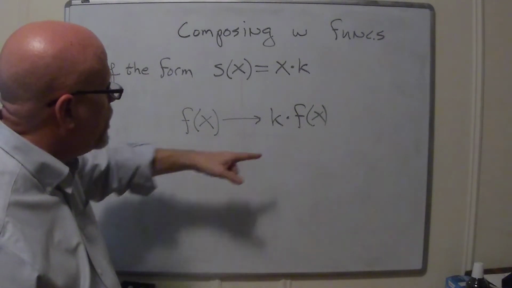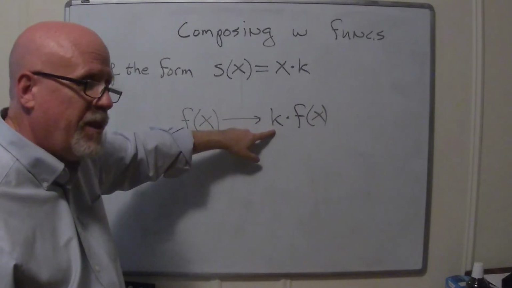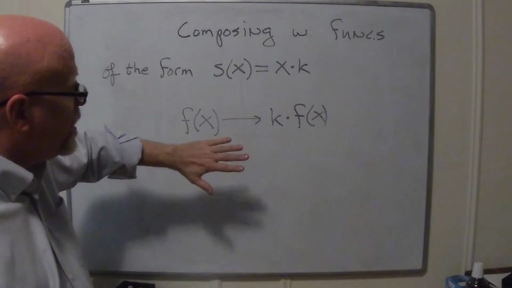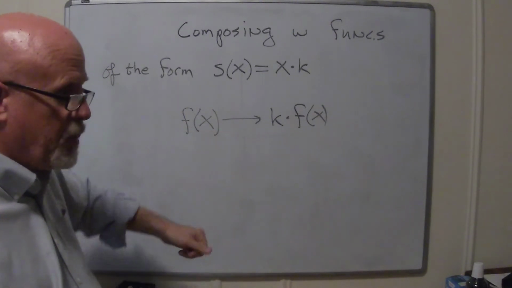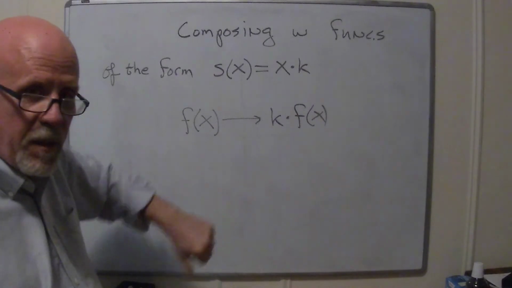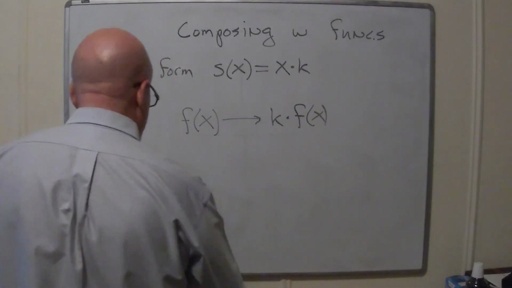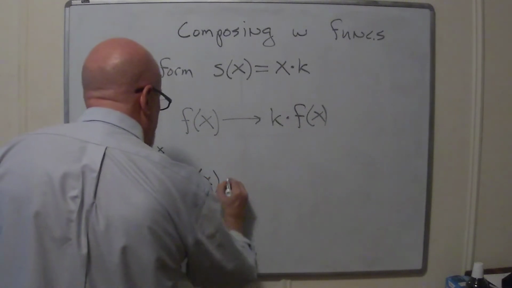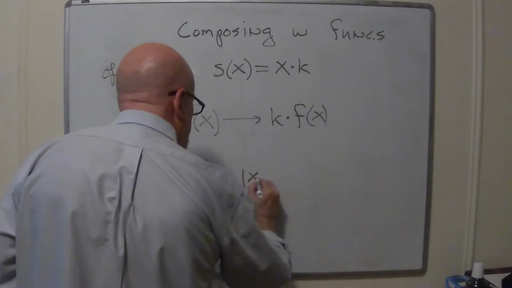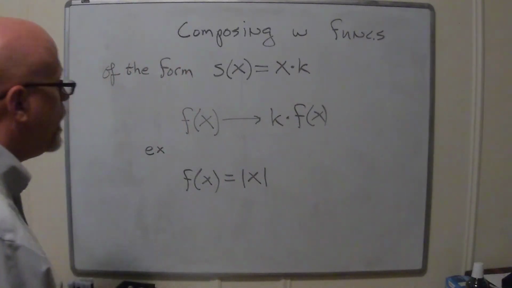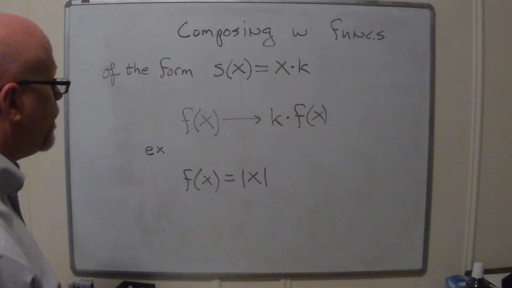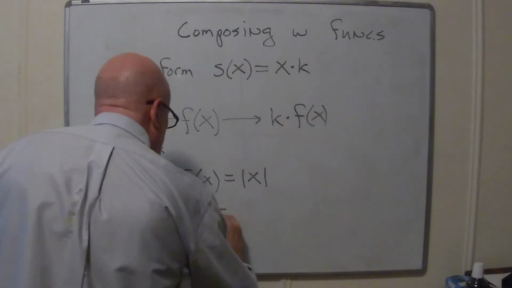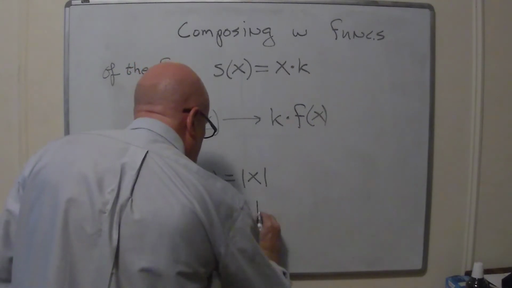An interesting case happens when k is a negative number, though, in particular, what if k was -1? Then you're going to take the graph of f of x and flip it upside down. Where the outputs were positive, they'll become negative. So, for instance, let's do an example of this kind of a change. Suppose f of x was the absolute value graph. And I'm going to multiply on the outside by -1. So we'll call it g of x, but it's going to be -1 times the absolute value graph.